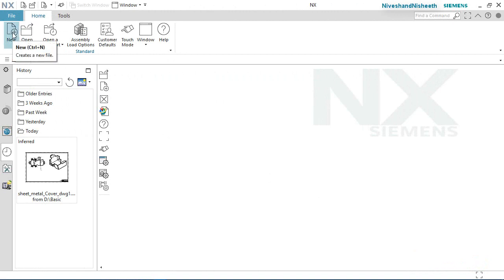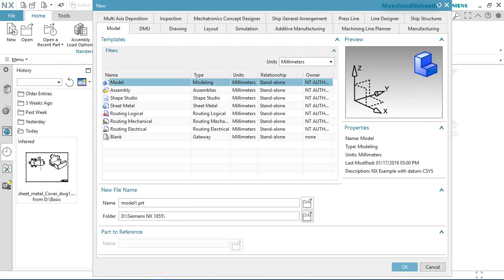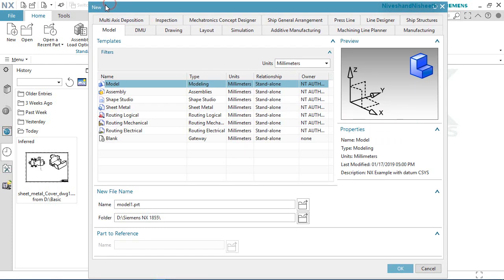Let's start the tutorial. Activate the new button and create a sheet metal millimeter part file.